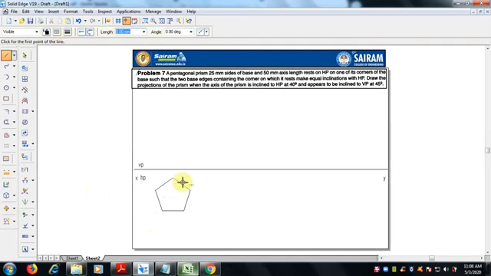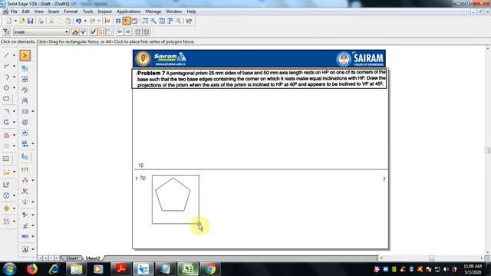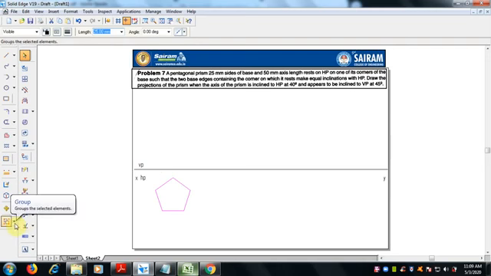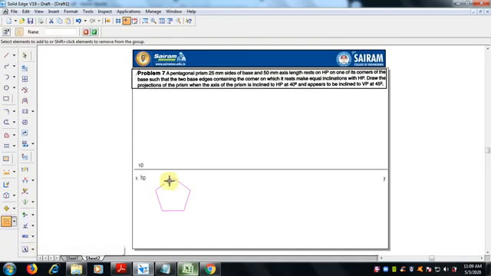If you see this, the edges you can select separately, so we want to make it a group. Select the entire pentagon, select the group command, make it a group.